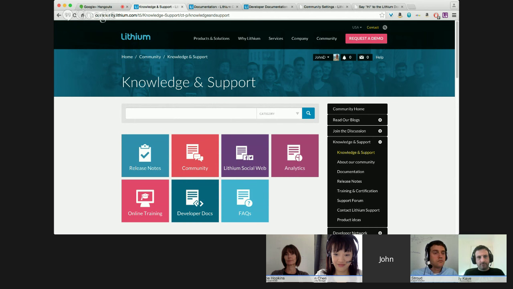So one of our big projects for that first year was to break out of the shackles of the PDF, and that's when we moved all of the Lithium documentation on the admin and studio side into TKB, and that's when we reinvented the doc knowledge base on Lithosphere, now called Lithium Community.